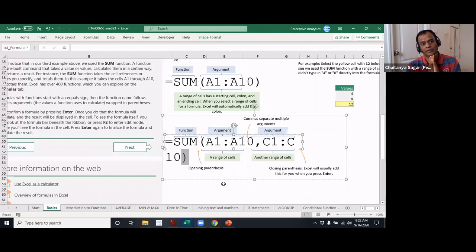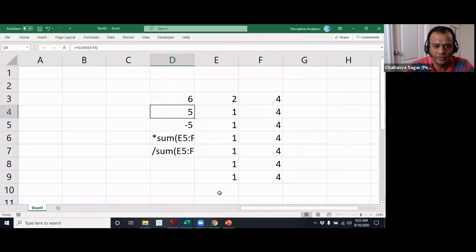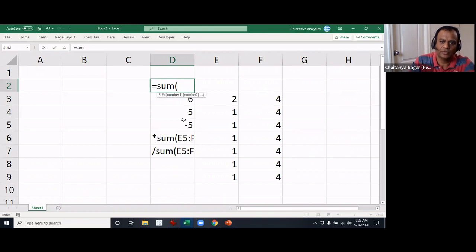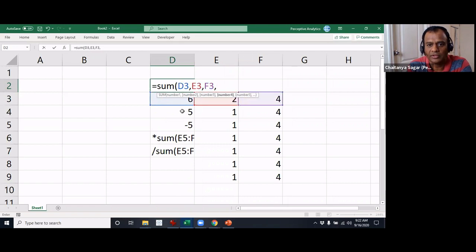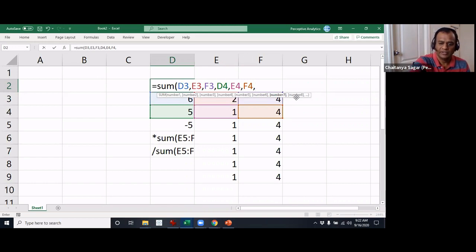Okay. So the number of parameters can be fixed or variable. For example, let's go to an example. If you take SUM, equals SUM, right? You can actually give any number of parameters, 1, 2, 3, 4, 5, 6, any number. You typically get help as well whenever you type in a formula. I think you would have a limit of more like 256 or something like that. It is not the cells, but just the number of parameters, separated by commas, that you can give. Okay, so this will work.